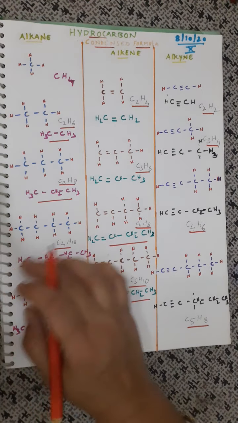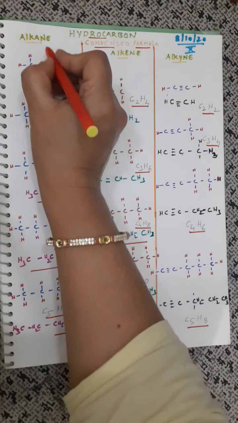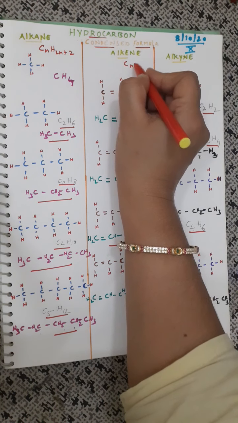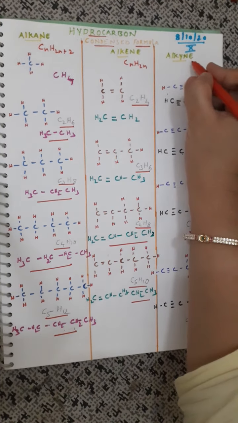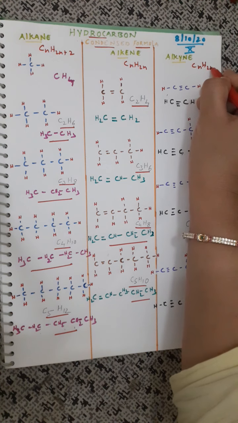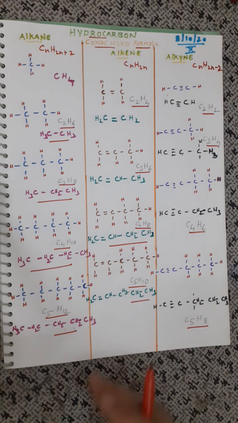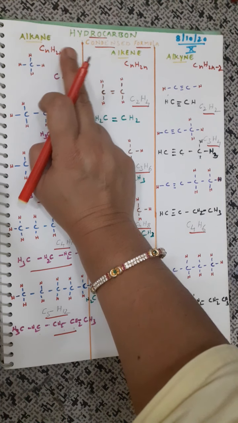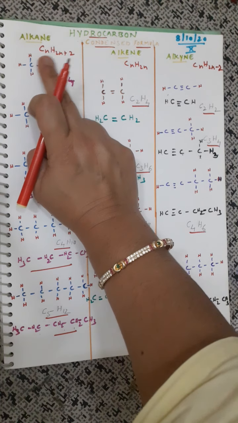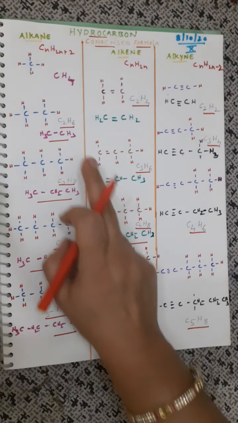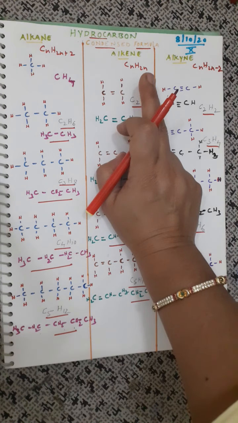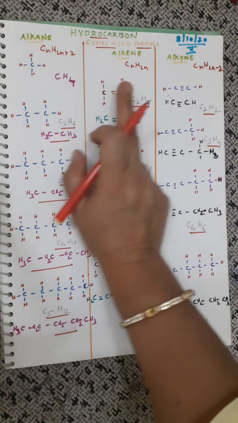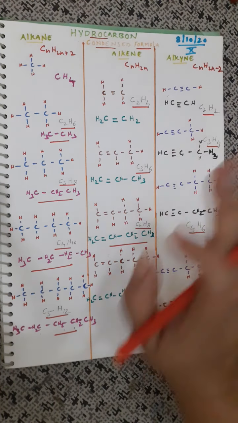As you all know, what is the general formula of alkane? It is CnH2n plus 2, and alkene CnH2n, then alkyne CnH2n minus 2. Fine. So to put it simple, you can just remember "ane" as double plus 2. What double? Double the carbon number. So for 2 carbons, 2 into 2, 4, 4 plus 2, 6. So C2H6. Alkene only double. "Yne" double minus 2. So remember like that. "Ane" double plus 2, "ene" double, "yne" double minus 2. Okay.